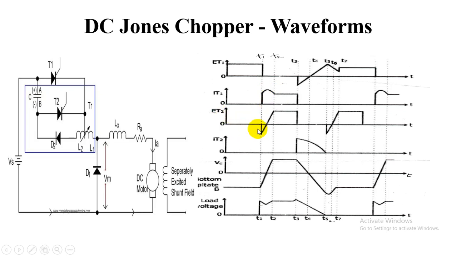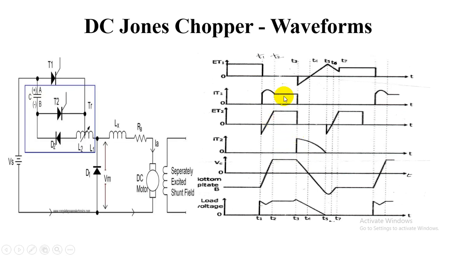And here T2 is going to be turned off using the capacitor. Because of that, it takes some reverse recovery time to turn off, and the voltage builds up across the thyristor T2, and no current is flowing through T2 because it is open. And as we know, the capacitor is going to be discharged initially, and it's going to be charged on the positive side, having the polarities plus minus. And thereafter from T2 to T3, it's maintaining the values.